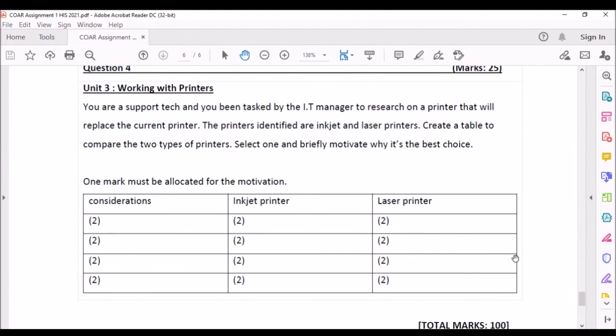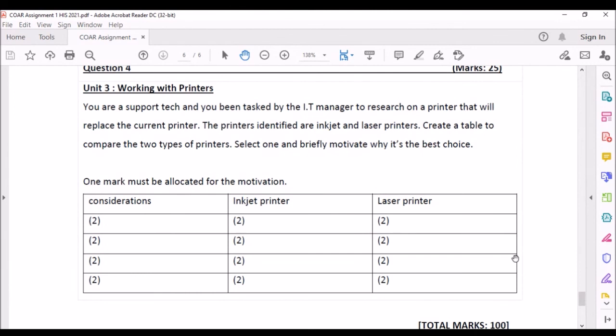Like I said before, looking at things like pricing, looking at environments in which these particular printers can be used, capacities when it comes to printing, also looking at ease of troubleshooting, ease of replacement, or replacing components, or working with components, whichever way you want to look at it. So such components as your cartridges, as well as distinctively your toners, what's happening there in terms of comparisons. So these are some of the things that you'd want to consider, and you've got mark allocations that have already been incorporated there. But remember, you also need to then